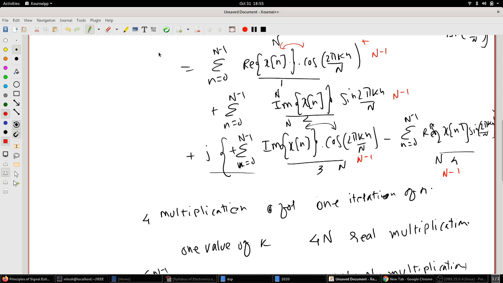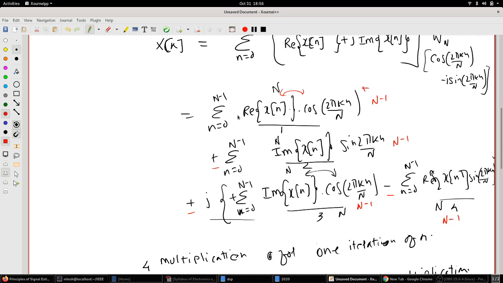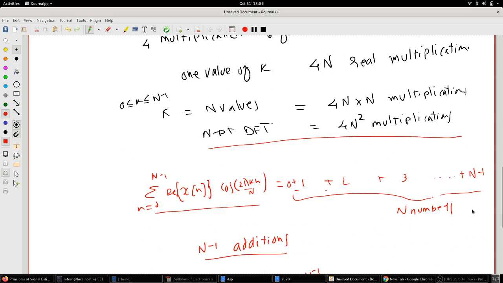So then after these n minus 1 additions, I have 1, 2, 3 additions here again, right. So first of all there will be 4 into n minus 1 additions which will cover the summation n equal to 0 to n minus 1. Okay, and then there are 4 of these, right. There are 4, like 1, 2, 3 and 4. I got to add that, so that makes it